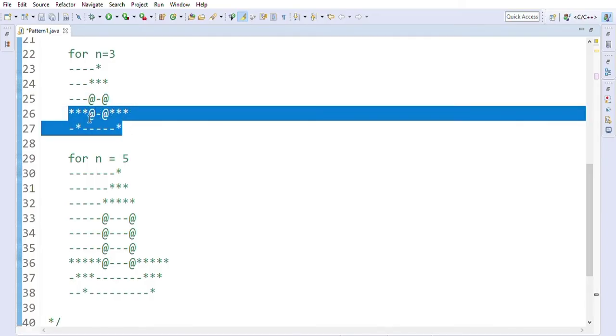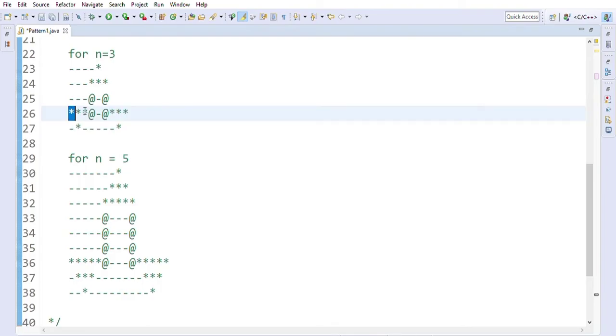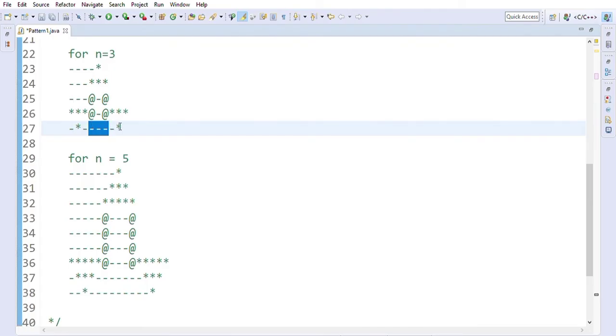Here we can see that there are n stars, then at the rate sign, then n minus 2 white spaces, then at the rate sign, then n stars. Then the number of white spaces is increasing from 0 to 1, and here 0 to 1, and in the second line the white spaces are increasing by 2. So we can conclude that there are n minus 2 white spaces on the first line, and here there are 3, that means n white spaces, plus 1 and plus 1, that means n plus 2 white spaces for the second line.